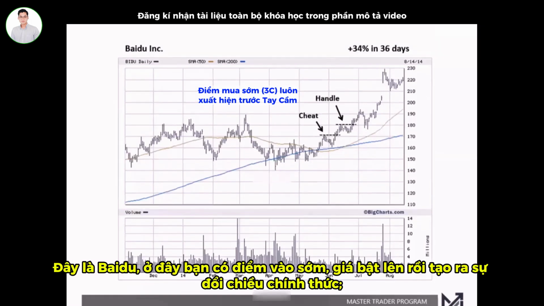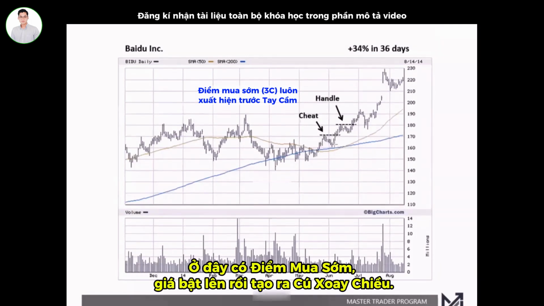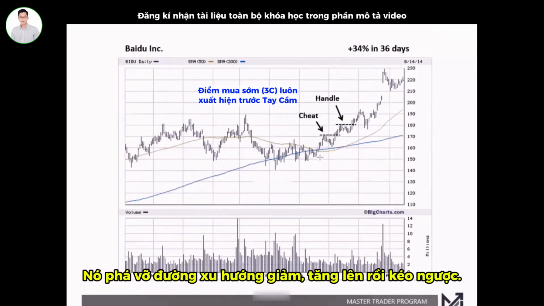So here's Baidu. All right, everybody knows Baidu, right? So again, you've got a cheat right here, right? It came out, and then it made what? The turn, right? So once it breaks that downtrend, marks up, pulls back, when it gets above that high, that